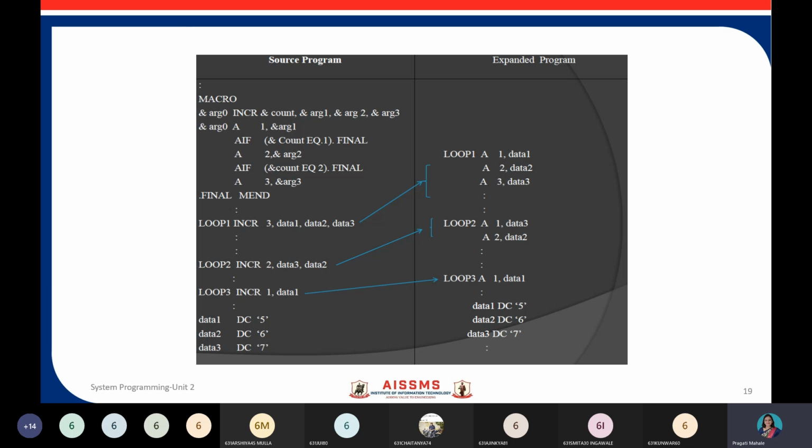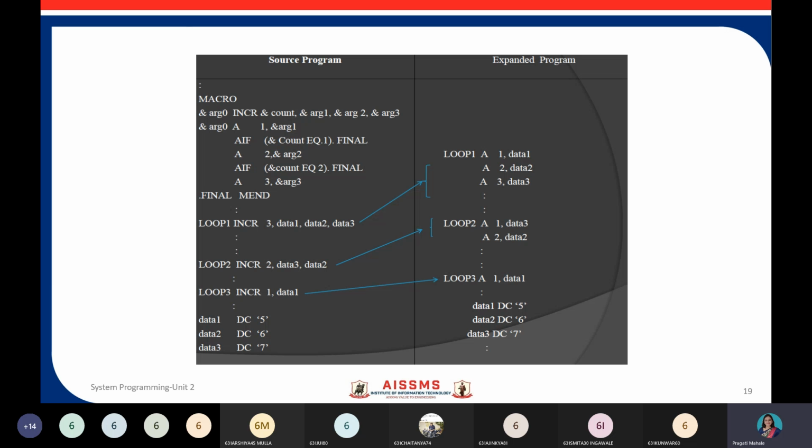Wherever you make a macro call, you pass the actual argument. Here we are passing the counter value, first the counter value 3. Now have a look at this macro expansion. Suppose I am making this macro call, so my first argument is 3. What happens now?